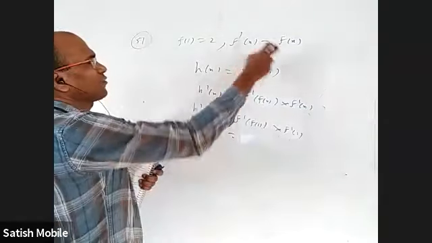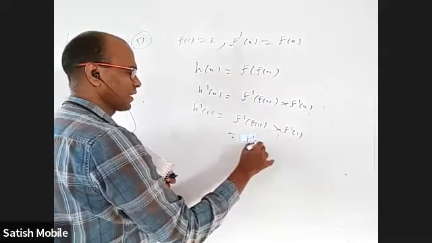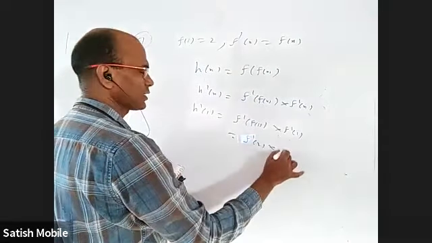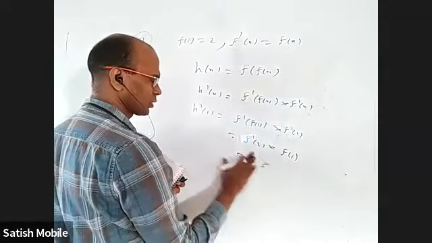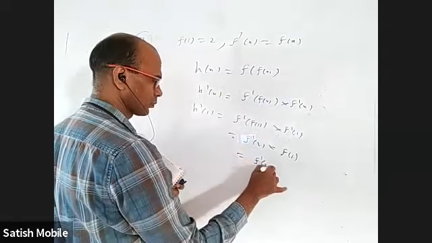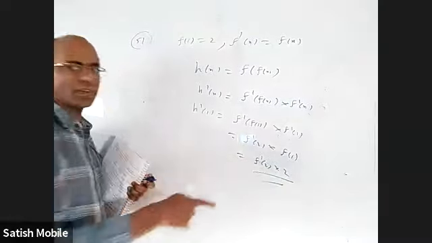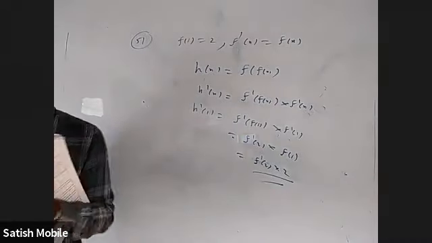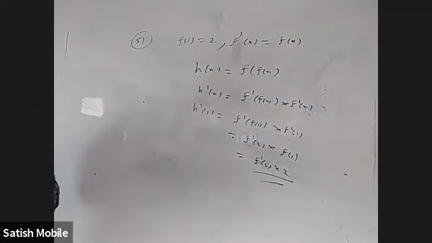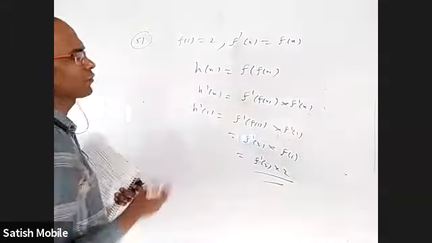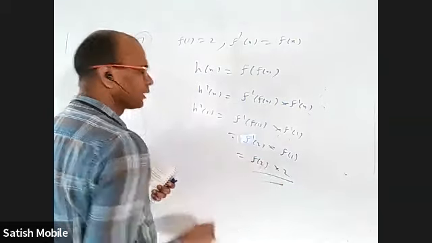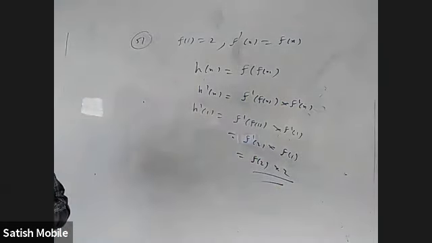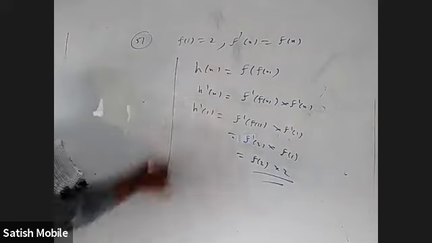But what is f of 1? 2. F dash 2 into f dash 1, which is f of 1. That is 2 f dash 2, because f dash 2 into... So at least for finding f dash 2, I have to know what the function is. Or I have to tell at least f of 2. F dash 2 can be written as f of 2. For that, at least I have to know the function. Okay. So I think it is better to find it.